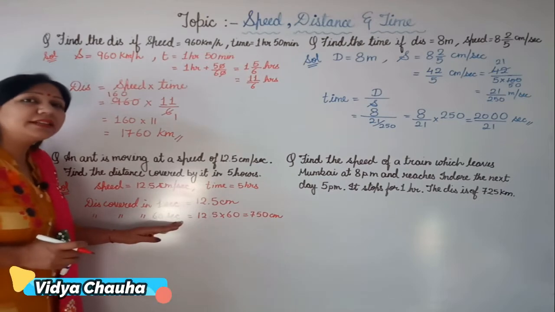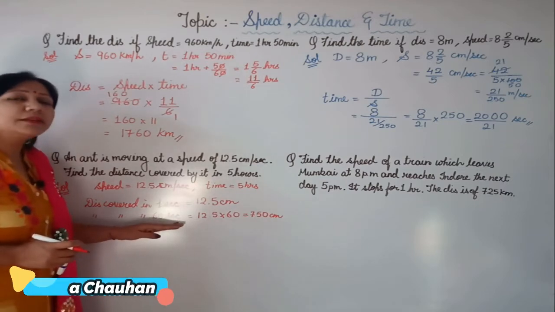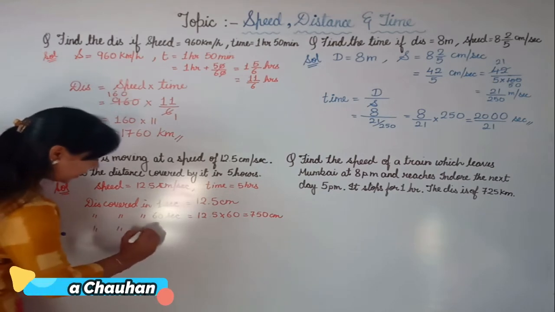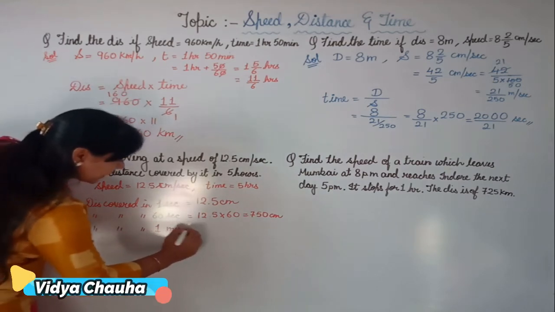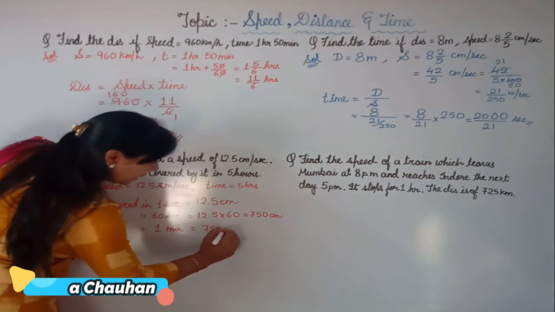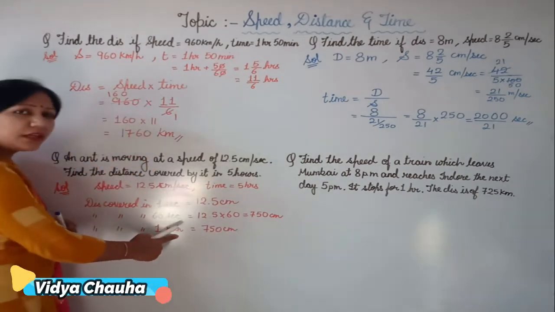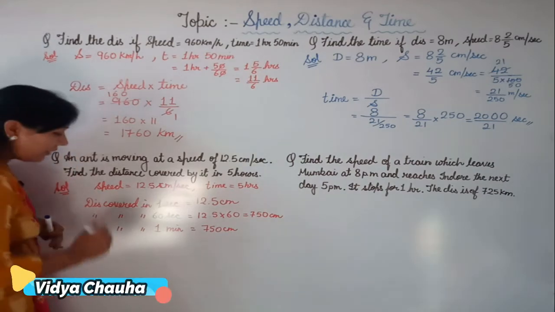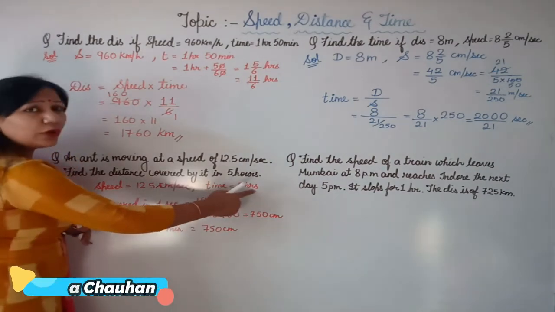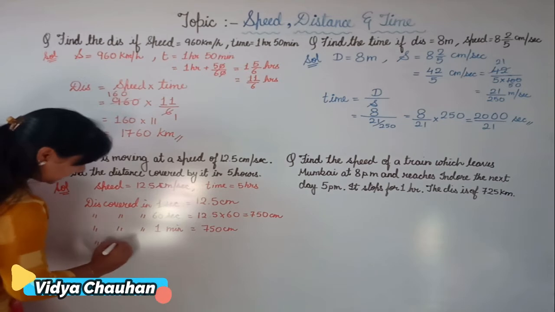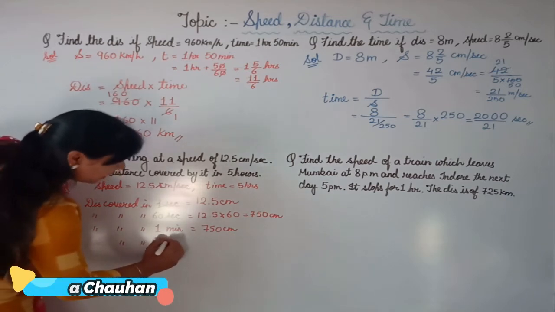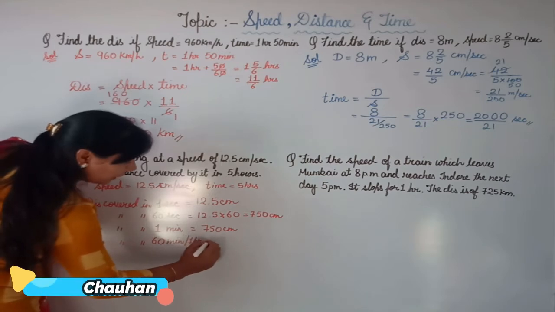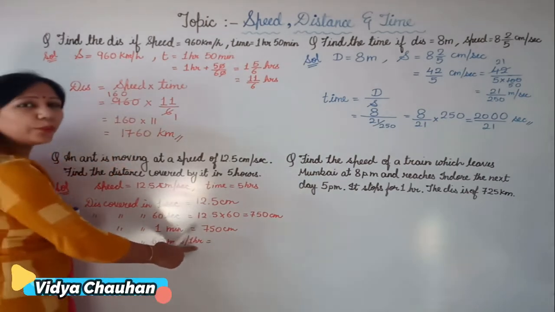And how much does 60 seconds actually equal to? 60 seconds make 1 minute. So here you can say that the distance covered in 1 minute is equal to 750 centimeter. So the ant has covered 750 centimeter in 1 minute. Now, since we have to take this to hours, we need the distance covered in 60 minutes. Why 60 minutes? Because 60 minutes will make 1 hour. 60 minutes, or you can write 1 hour.